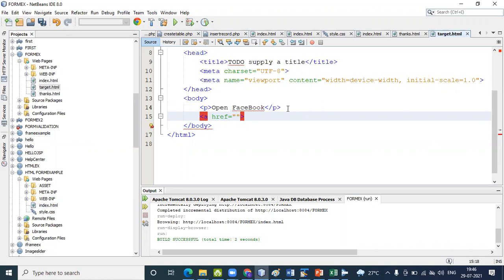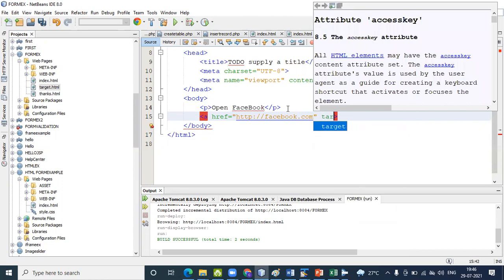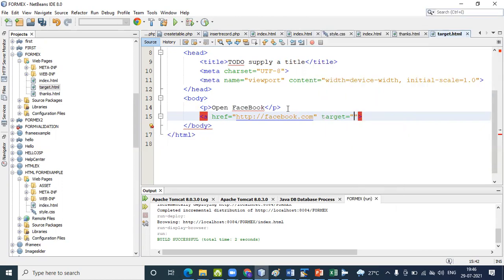then http://facebook.com, target is equals to blank.